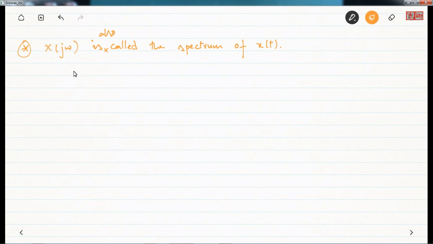So let me state that it gives us information required to express x of t